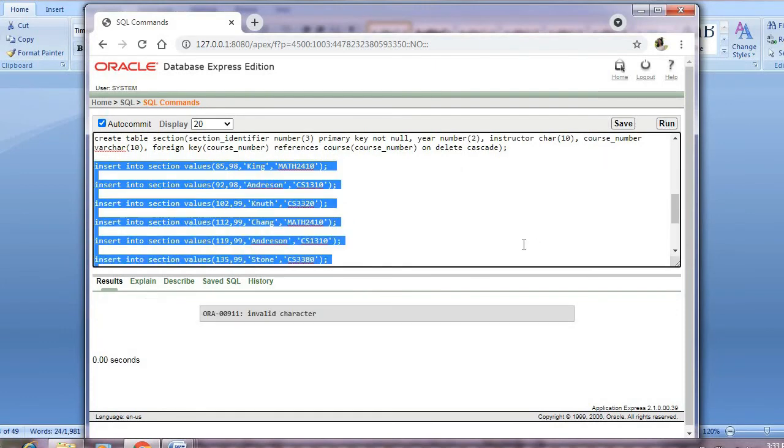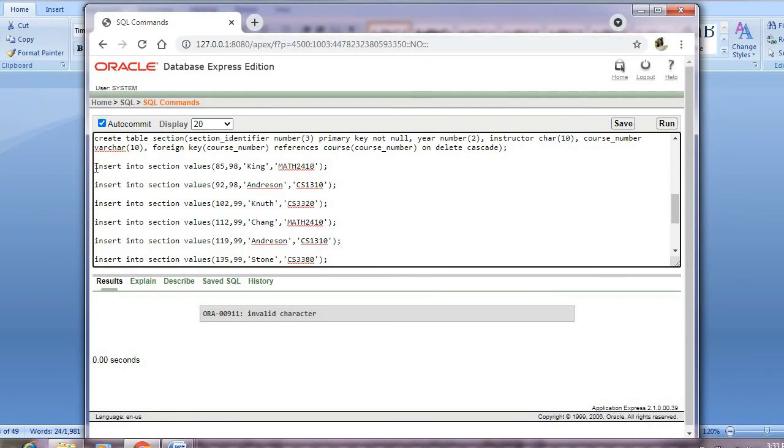Okay, invalid character. Why? I think it might be because I've taken a space. Now we'll do it one by one. Okay, integrity constraint violated, parent key not found. It is showing that it is not able to find the parent key. Let me check what the error is.